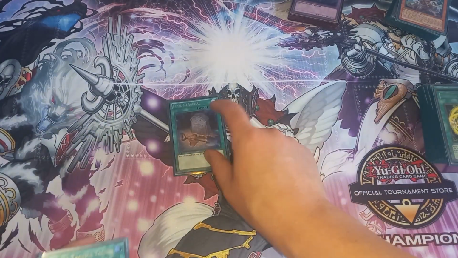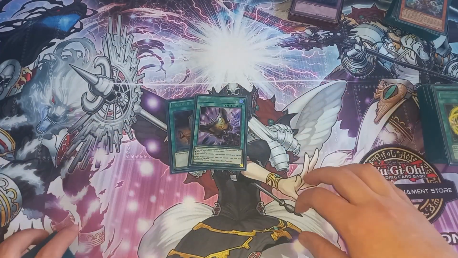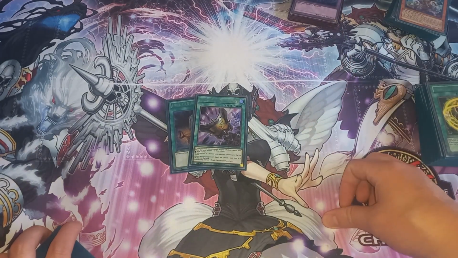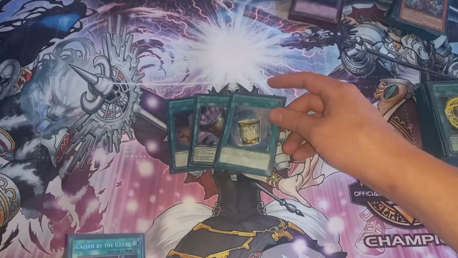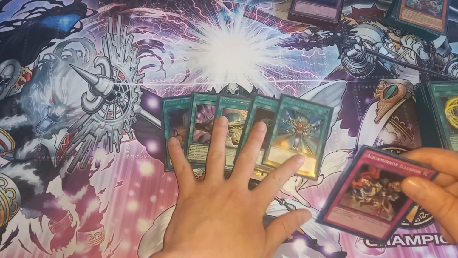And then for the rest of the spells, we have 1 Foolish Burial, 1 Talent, so we could play more, but we're playing 1, we just needed to fill the last space. You can make it whatever you want. If you want it to be an Upstart Goblin, go right ahead. Then we have the Instant Fusion, the Called by the Grave, the Monster Reborn, and for the trap